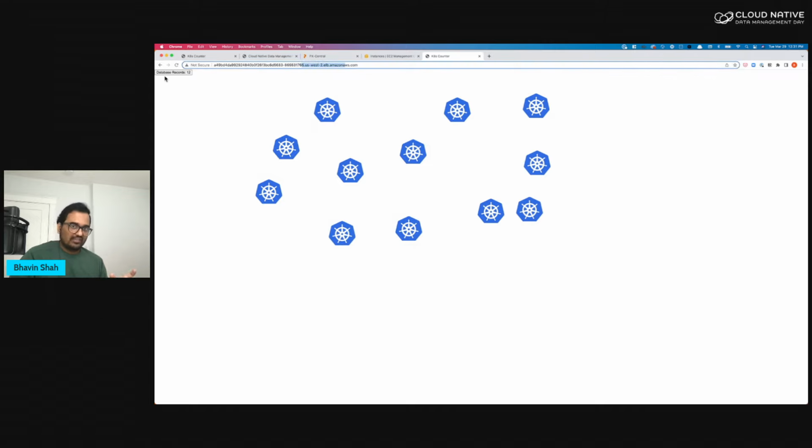All the 12 database records showed up, all the different Kubernetes logos showed up. So our application was successfully migrated, or failed over, from our primary to the secondary site. You can easily fail back when your primary cluster is online, and we'll sync the data at the first migration, and then you can do a similar activate migration on the primary site as well. So that was the second demo.